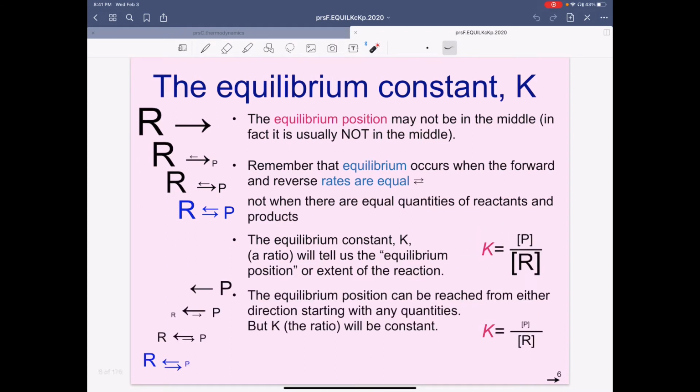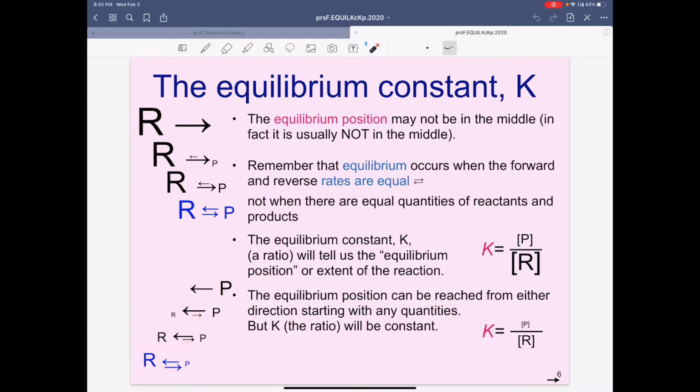We could also reach the equilibrium position by going backwards and starting with some product, represented by P. Notice I'm starting with a smaller quantity than before. So the reverse reaction is happening. As P gets used up, that reverse reaction will slow down a little bit. And as we build up some left side chemical, the forward will start to speed up, again reaching dynamic equilibrium,